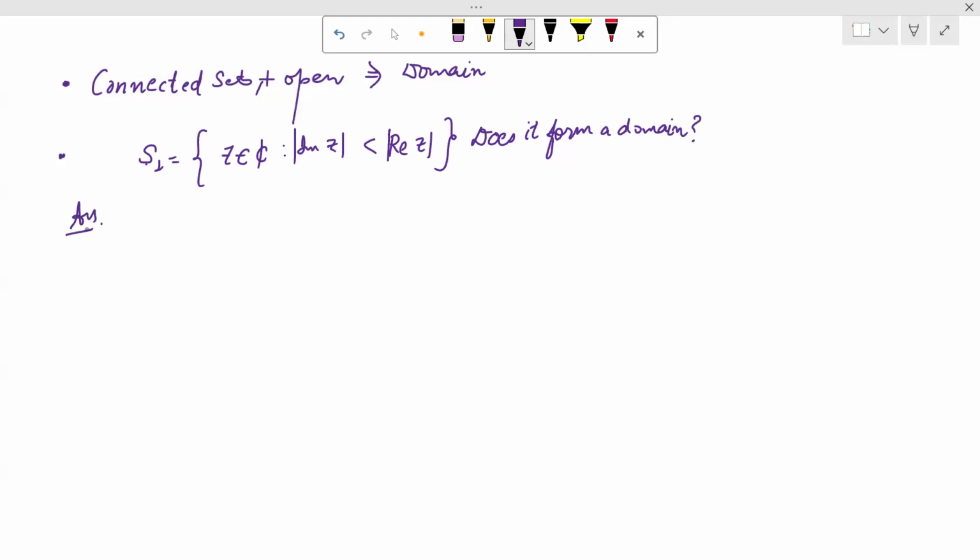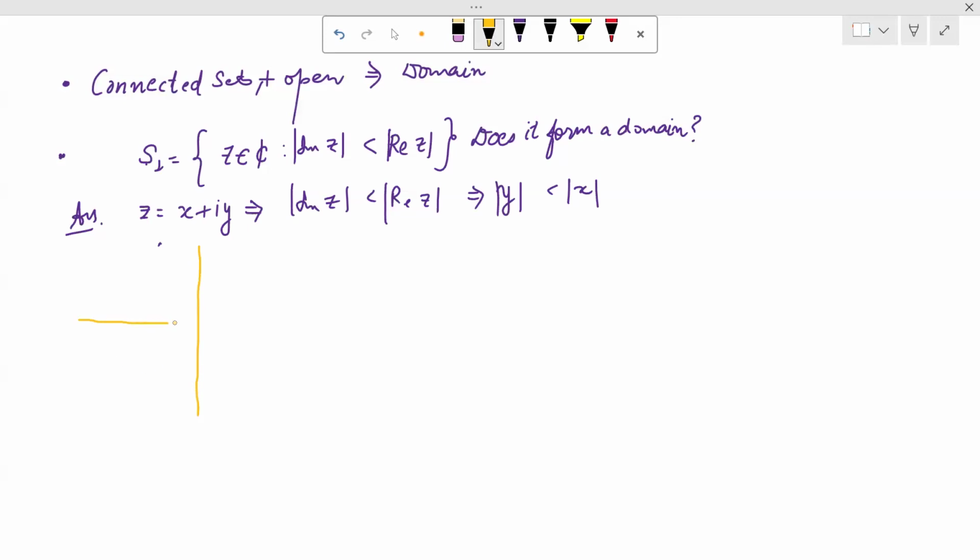So how to go about it? See, if I'm writing that z is, let's say, x plus iota y, it implies simply that modulus of imaginary part of z is less than modulus of real part of z. It implies that modulus of y is less than modulus of x. And what you can do is, let's say, for all of these four things,